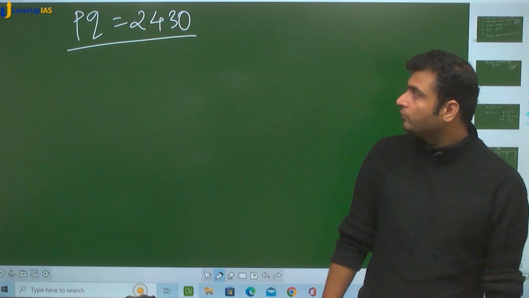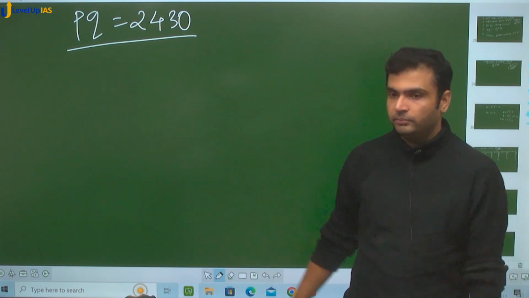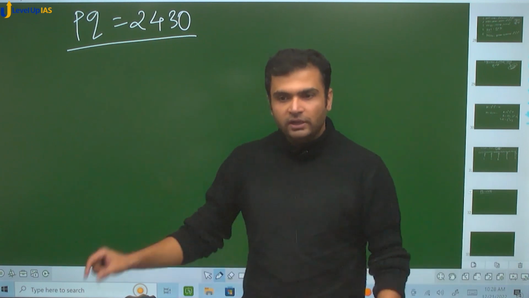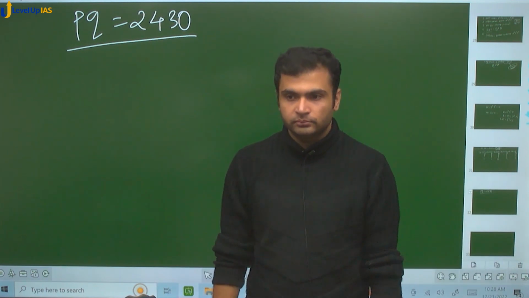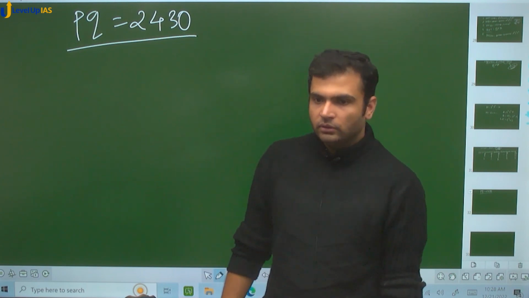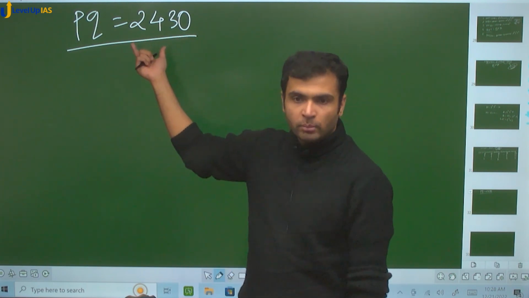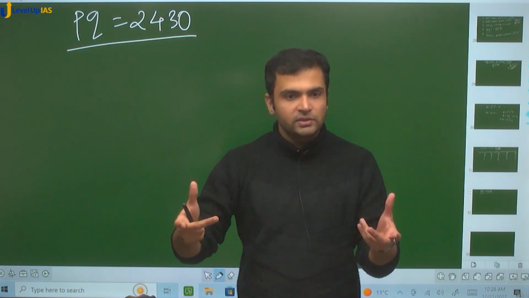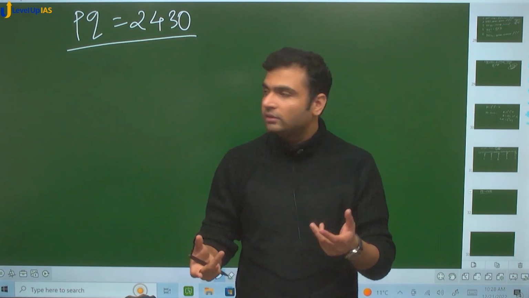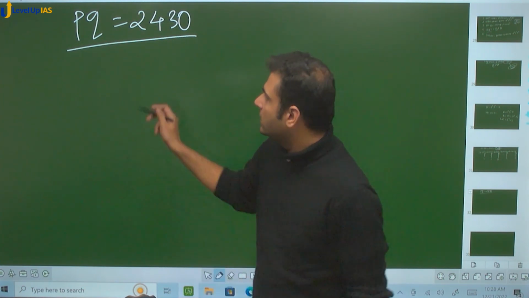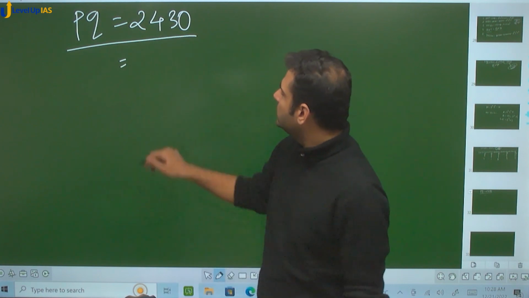What we try to do, we try to split this number into 2 numbers, P and Q, such that they are reverse of each other. Did you get what I said? This is essentially product of 2 numbers. So we try to write this 2430 as product of 2 numbers, and we want condition is those 2 numbers should be reverse of each other. This is little bit hit and trial. What you can say, 2430 is